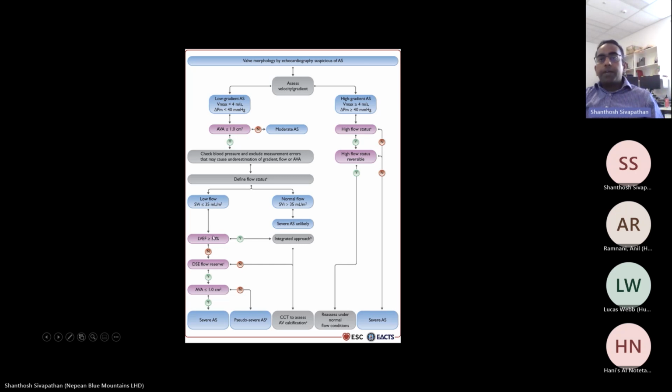Then you've assessed the LV. We thought the LV looked probably low normal, so I'd say it was somewhere around 50. Then you look at other parameters to help you say whether this is moderate or severe. This is where I'll probably use a calcium CT to help me differentiate. Alternatively, I can definitely, if the LV is down,